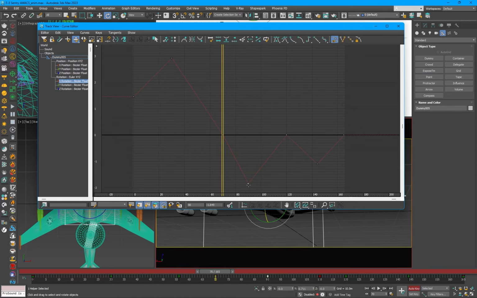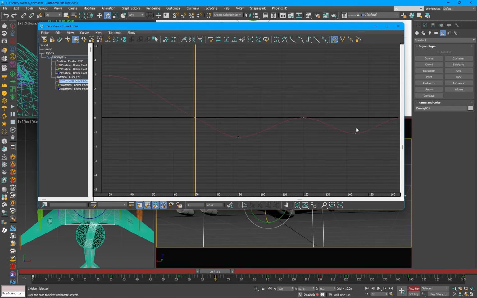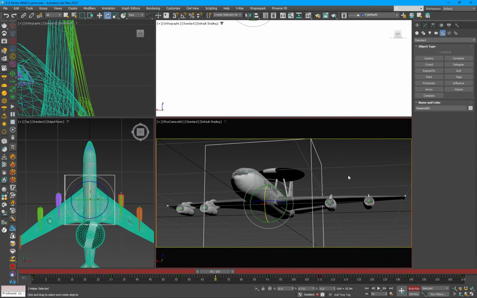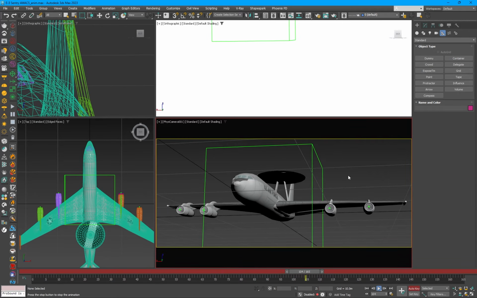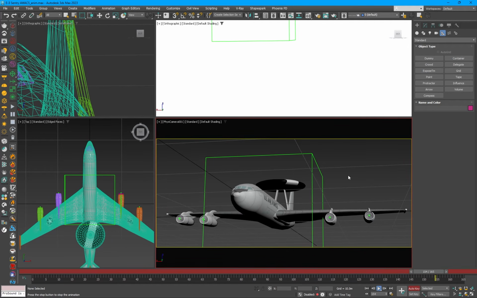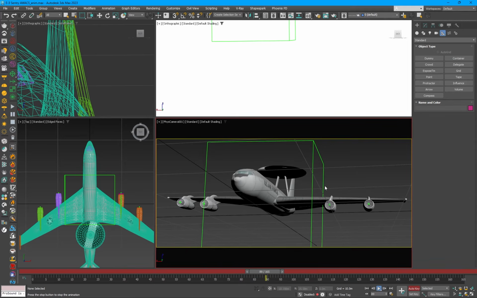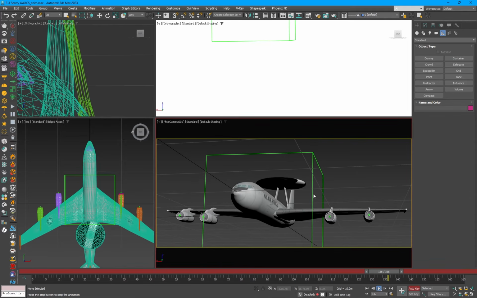Okay, next step. Let's make it smooth first. Select all keys, make it Bezier, make the rapid start, and maybe adjust the amplitude a little bit here. Okay, let's check the animation. This is very important, to constantly watch the viewport. Okay, it's pretty good,